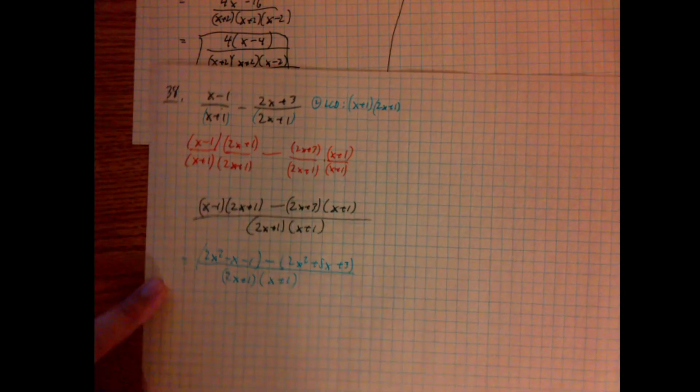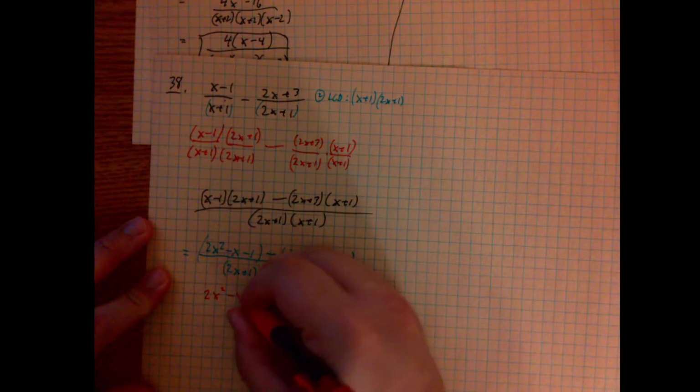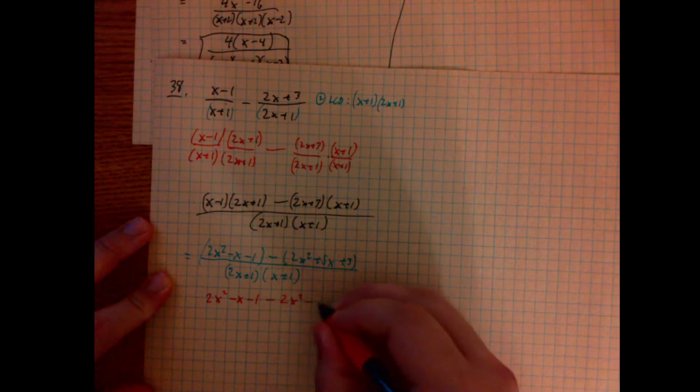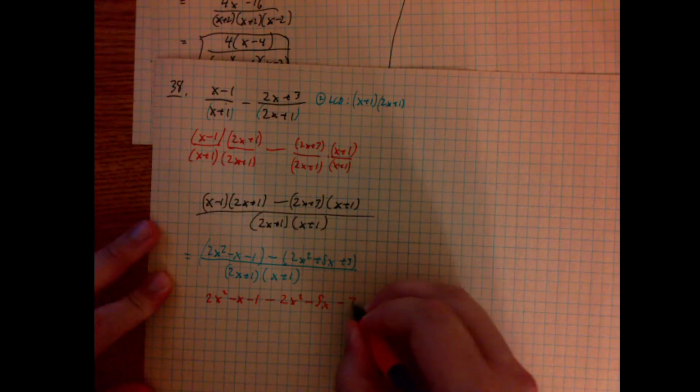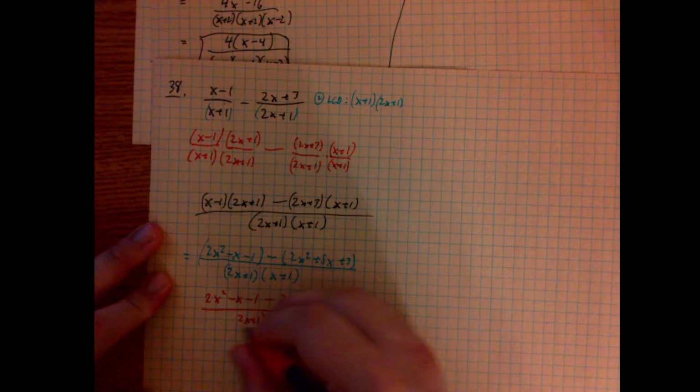Then we need to distribute the negative sign. This becomes 2x squared minus x minus 1 minus 2x squared minus 5x minus 3, all over 2x plus 1